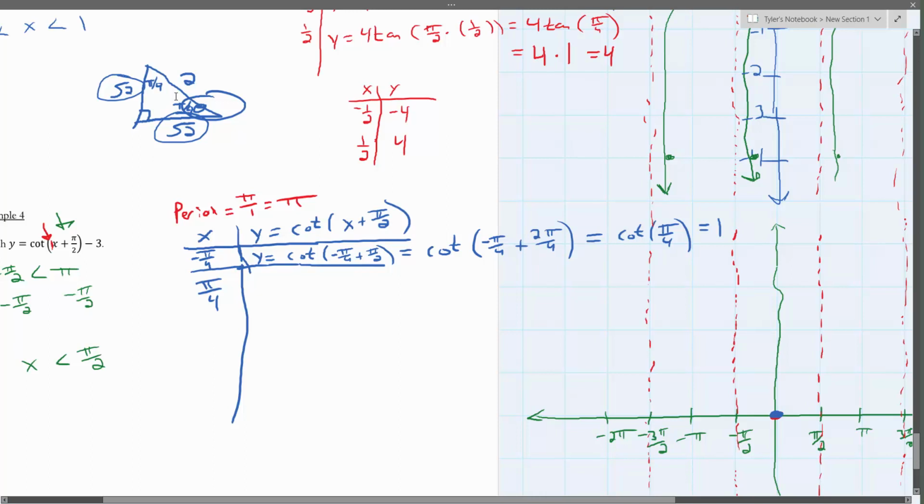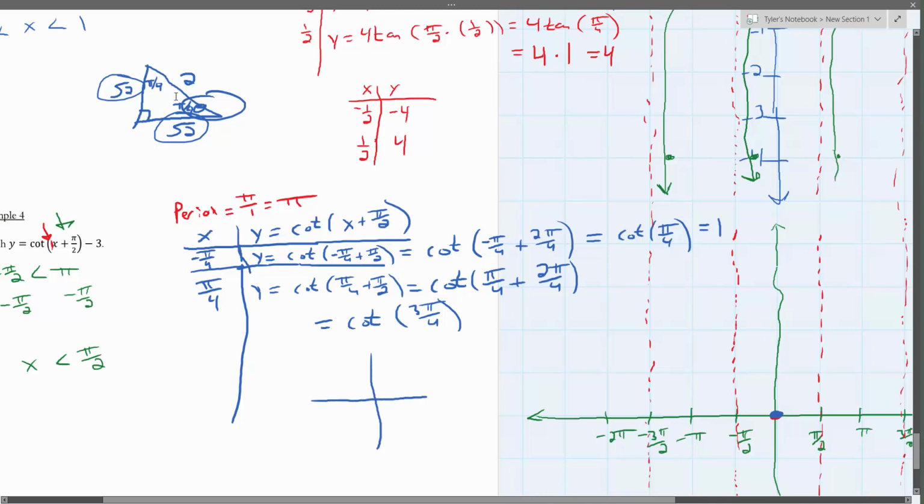And then if I plug in pi over 4, I'd have y equals cotangent of pi over 4 plus pi over 2, which is cotangent of pi over 4 plus 2 pi over 4, which equals cotangent of 3 pi over 4. Right? So 3 pi over 4, if we want to draw that,